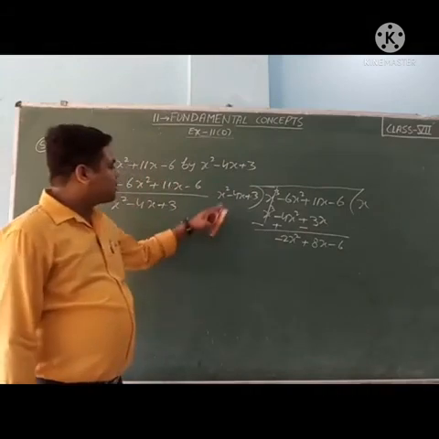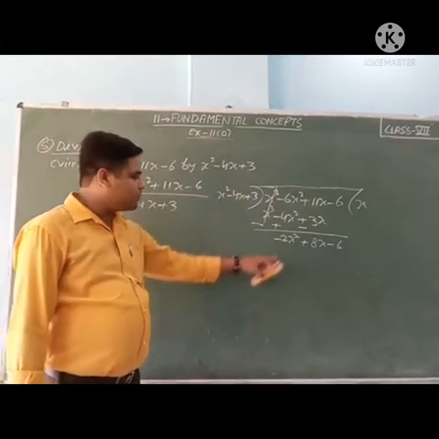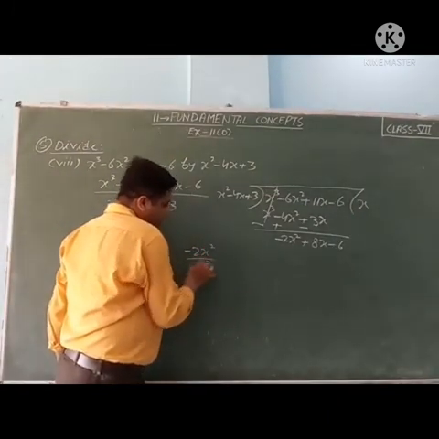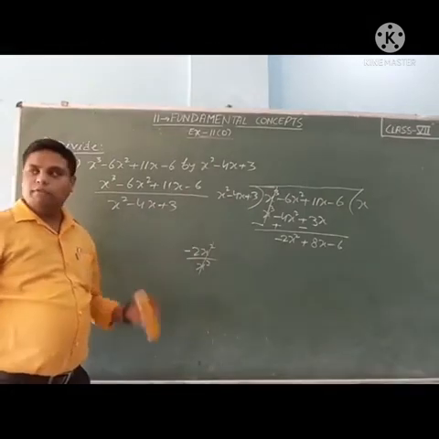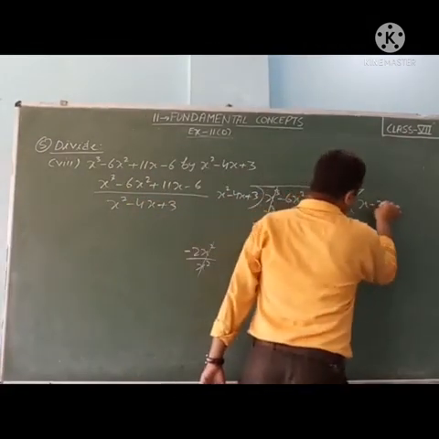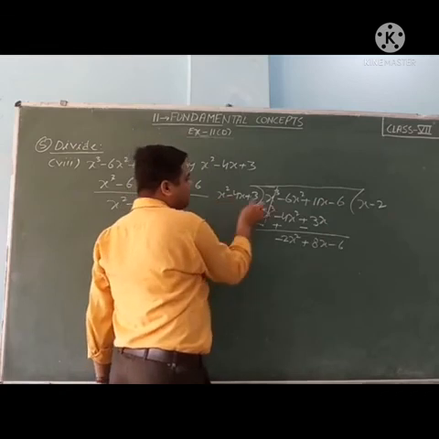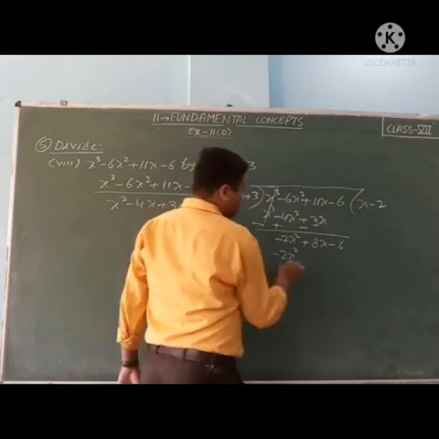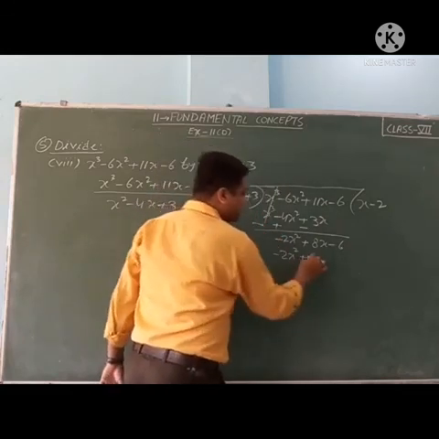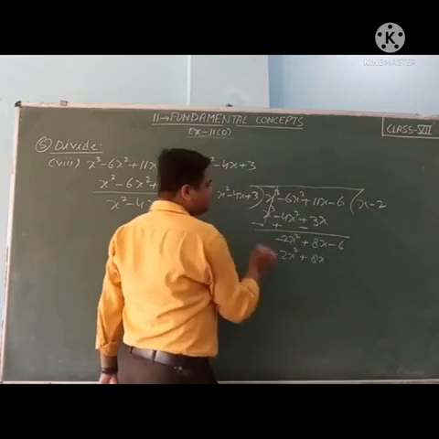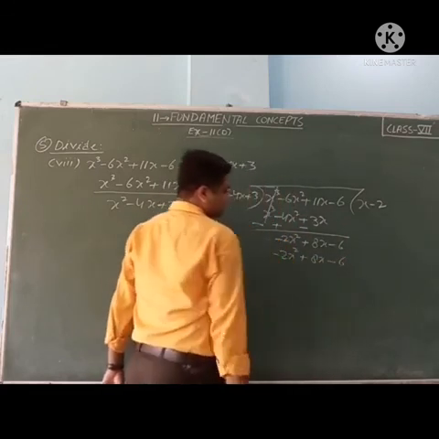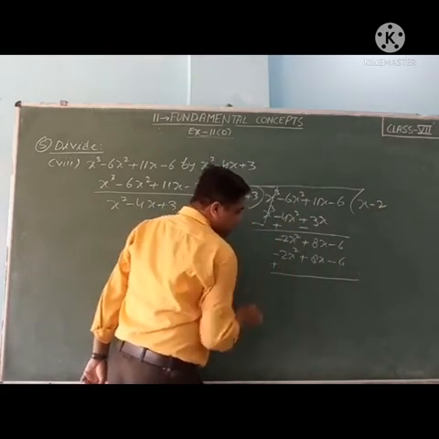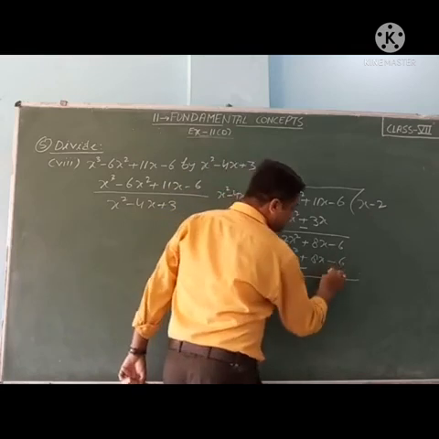Now by which number or term we will multiply x square, that will become minus 2x square. So we can do this, minus 2x square upon x square. So x square and x square cancel. Minus plus minus, so minus 2. So minus 2 multiply all 3 terms. So minus 2x square, minus plus 2 4s are 8x. Then minus plus minus 2 3s are 6. So change the sign. Minus changes into plus, changes into minus, changes into plus.